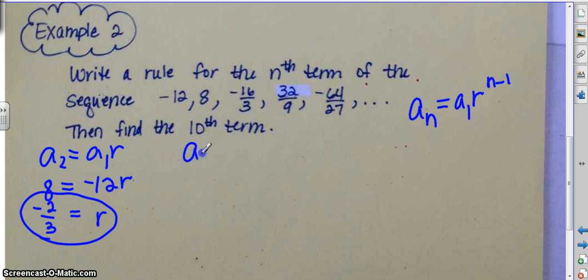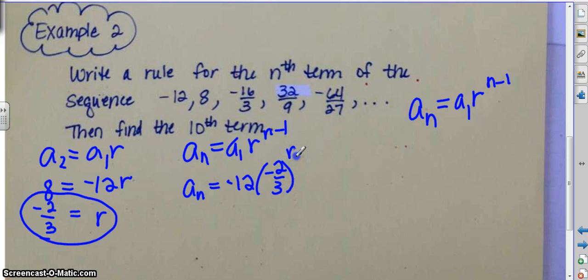Now I can find a sub n. A sub n is equal to a sub 1, which is right here again, my first term, negative 12, times my ratio, negative 2/3, raised to the n minus 1. Now just like in the last example, I can simplify this by using my laws of exponents. So this is equal to negative 12 times negative 2/3 to the nth times negative 2/3 to the negative 1,